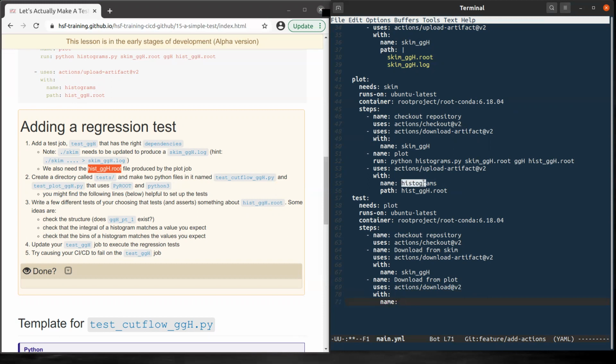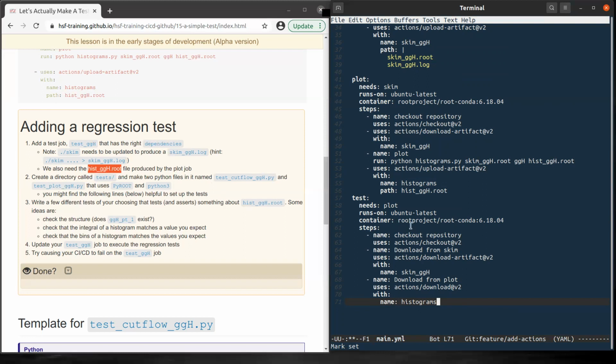Now we need histograms to get this output as indicated in this regression test here. Okay, so now we have completed the first requirement.